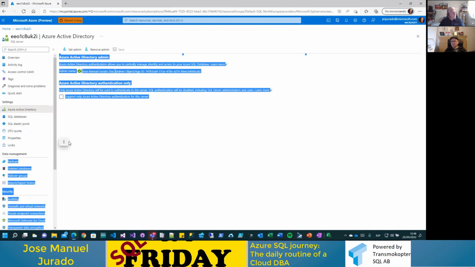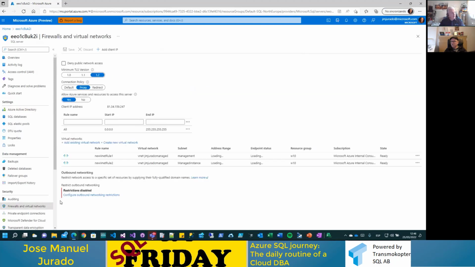We have many other things, as I mentioned, about the firewall rules. As I mentioned before, it's about the version of TLS. In this case, for example, I force that every application that wants to connect to my SQL Server will be using TLS version 1.2. The access of my server, of course, I'm going to delete this when I finish the meeting. And we have multiple things to secure your connection, okay?